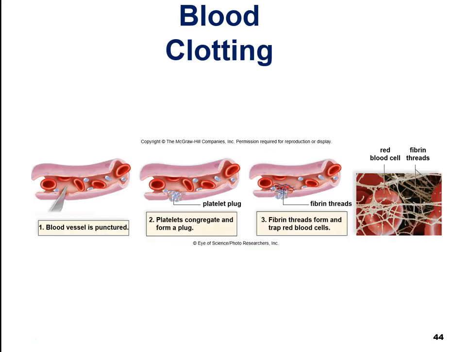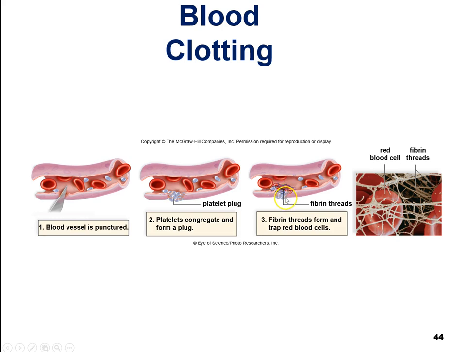Sorry, not hormones. Okay, so this is kind of showing you, if you look at blood clotting, what I just mentioned. So here, blood vessels punctured, right? And you're going to have red blood cells coming out. Platelets will congregate in that area where the puncture was to form this plug. And then basically it'll initiate the formation of that fibrin, right, in these fibrin threads. And that'll trap all the rest of those red blood cells there so that it basically heals or seals up